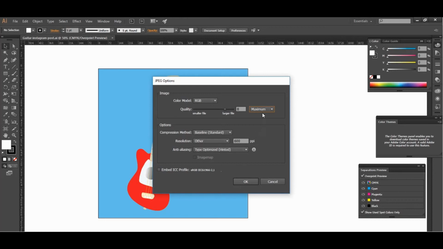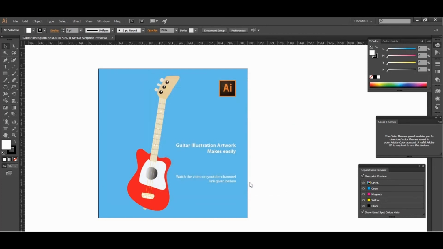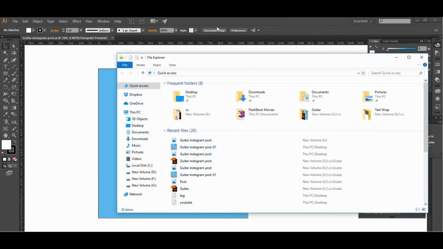Here is the resolution, you can change it here, and you can make it 300, 600, in which resolution you can customize here, and to make it in 600 resolution, and then press OK, and let's save it. And you can see here, this is the JPEG,